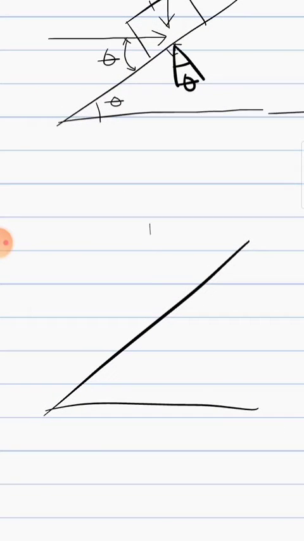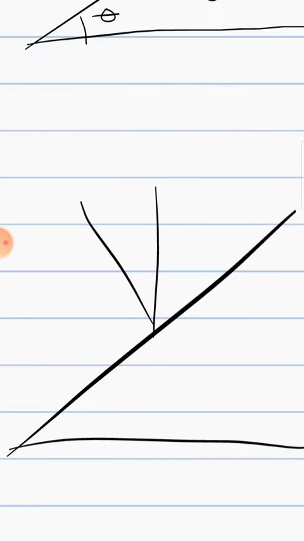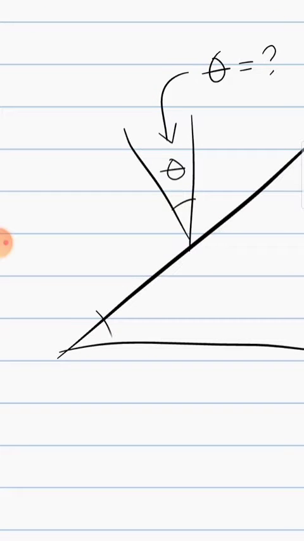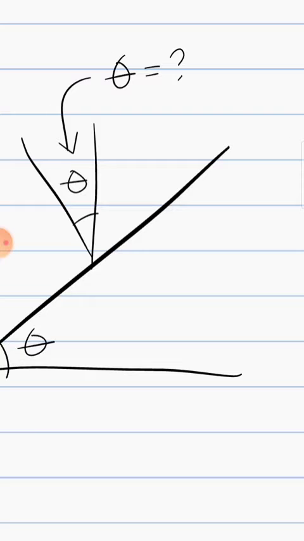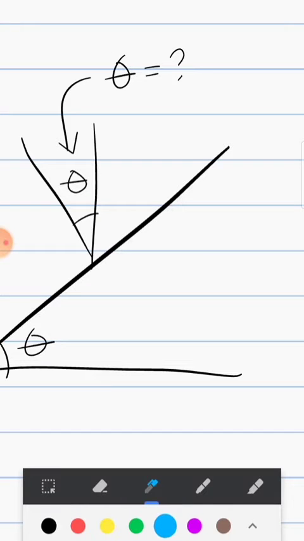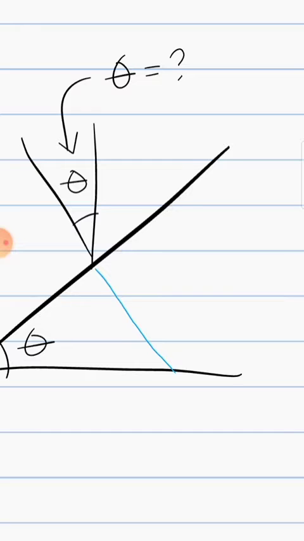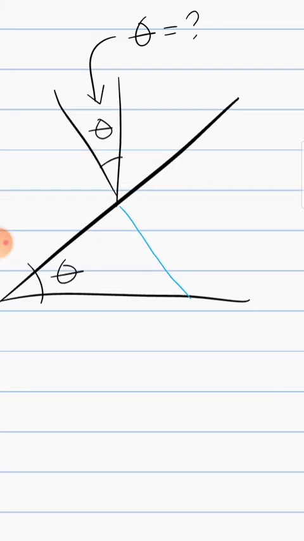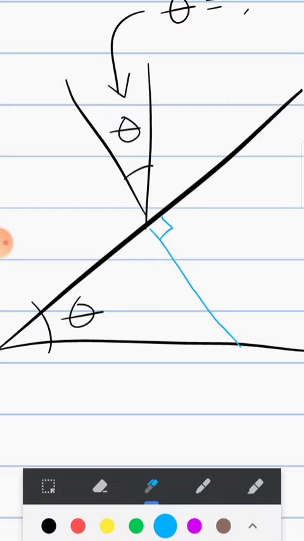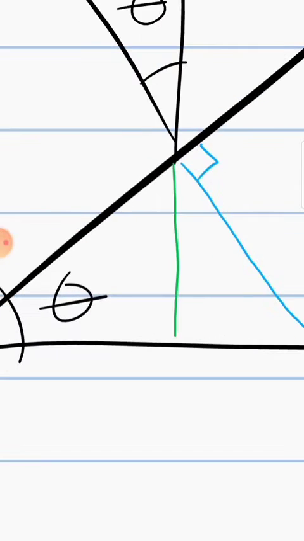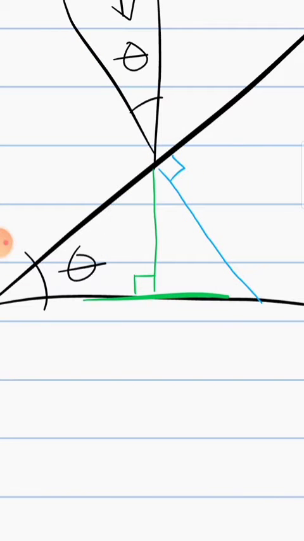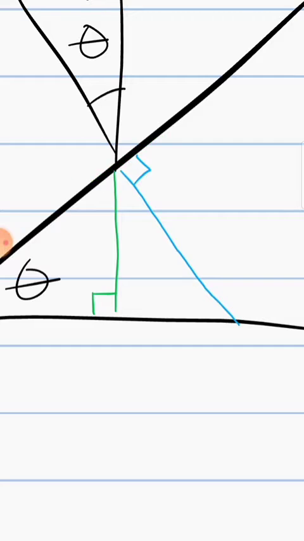So if we draw it again, for example, for this force, why is the angle theta here? That is our question: why is it theta here too? Why is it equal? Because if we draw a line right here, let's use another color, and let's say that's 90 degrees, a perpendicular. Then another line here, and this is perpendicular to that line. We can create